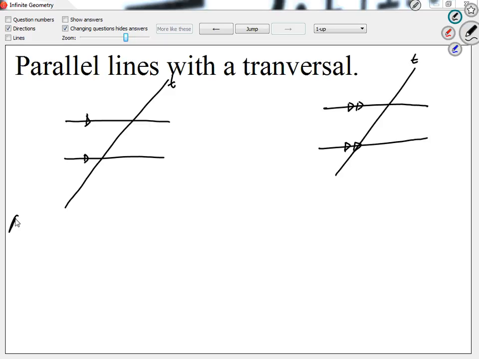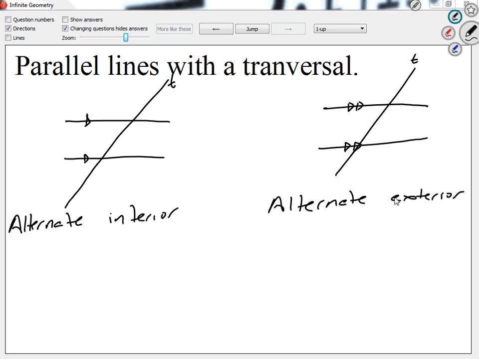One of them is called alternate interior. The other one's called alternate exterior. So alternate interior and alternate exterior. You guys notice both have an alternate word. So what alternate means, for today, alternate,